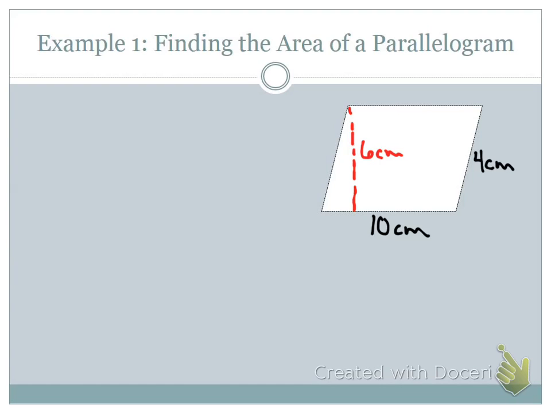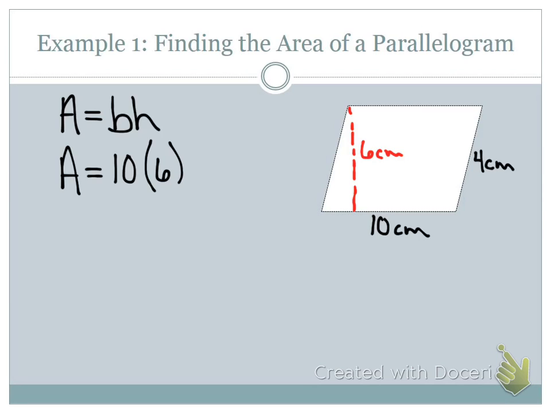What is my formula again? A equals BH, base times height, to find the area. So on A equals, what is my base? 10. And what is my height? 6 is my height. It's not 4. What is 4? 4 is my width. I don't even need that value to determine the area. Area equals 60